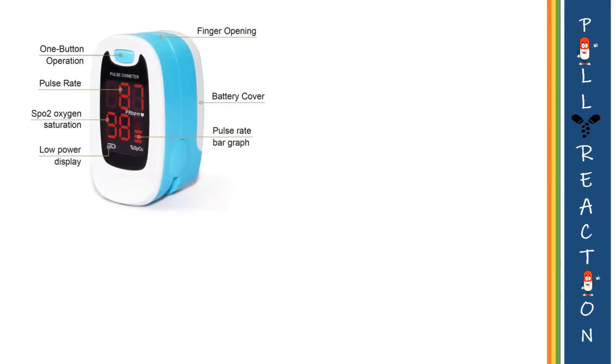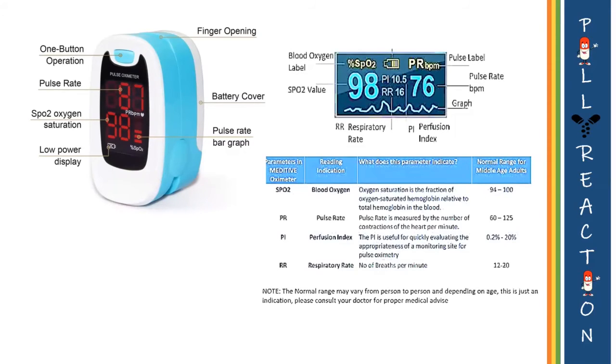Usually, you need to check the device display for pulse rate or simply heart rate on the upper half, whereas SpO2 is displayed on the lower half of the device, which has been mentioned here in this picture. Remember, the location of pulse rate and SpO2 reading may vary with different models of pulse oximeter. Thus, a pulse oximeter can easily measure arterial blood oxygen saturation and heart rate.